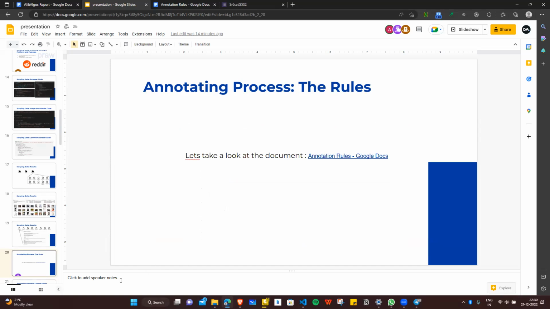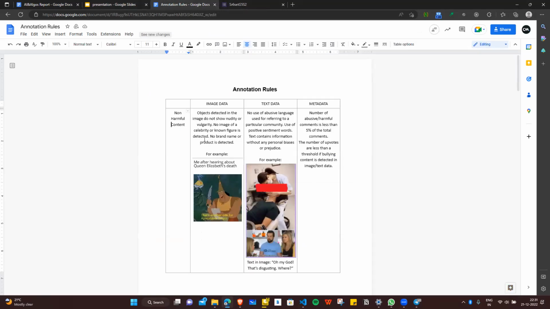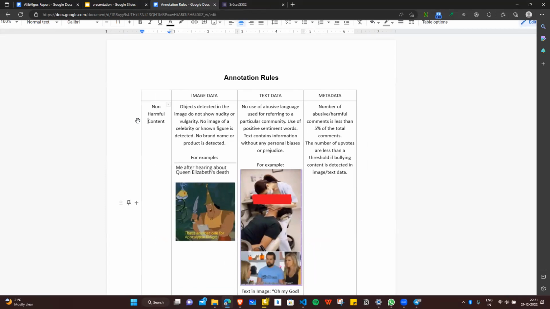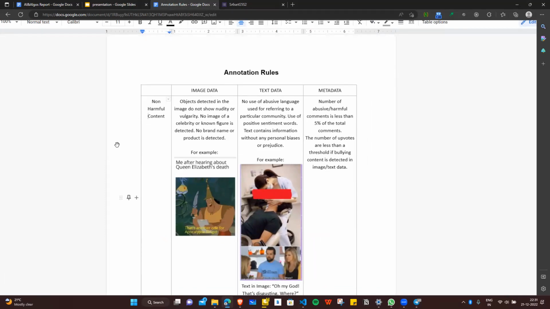Okay, so now we'll be discussing the annotation rules that we formulated for the process of annotating our dataset. For that, we have created a separate Google Docs document, which I'll be presenting right now. So here it is. As you can see, we have formulated rules for various kinds of categories that we are